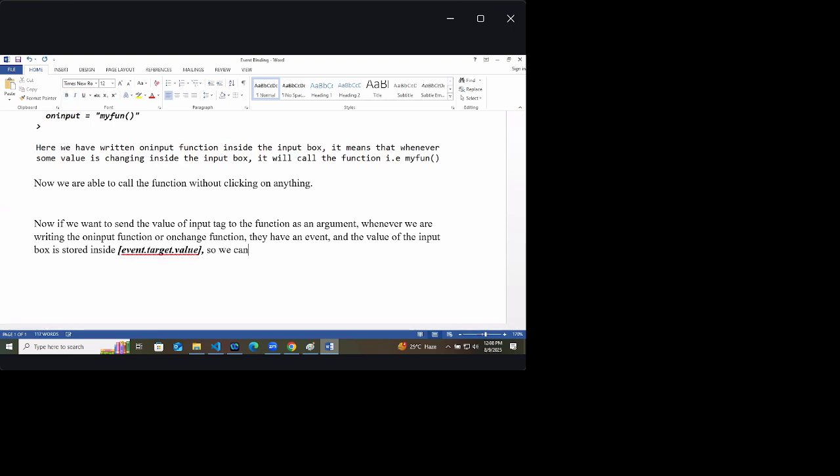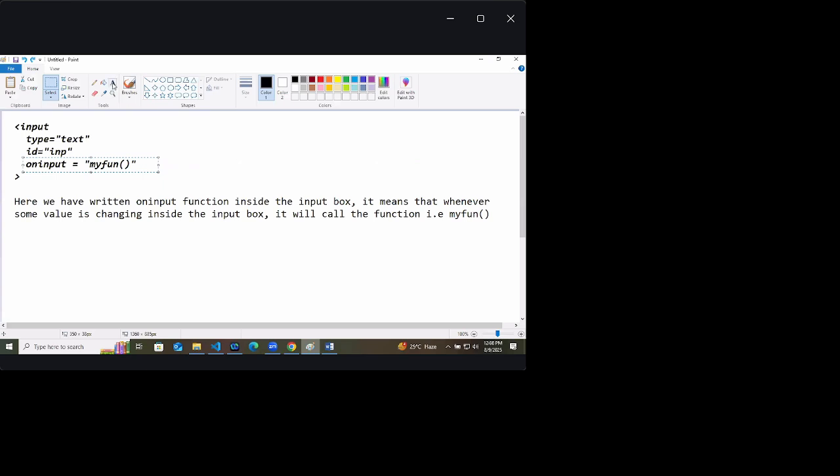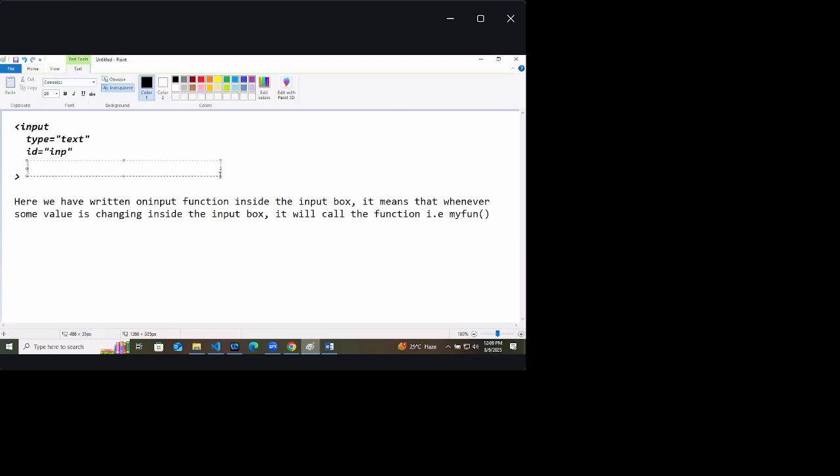So we can provide the same argument to the function because we know that the value of the input box is stored inside event.target.value. So here in on input we are calling a function.